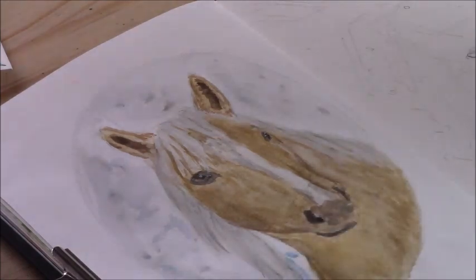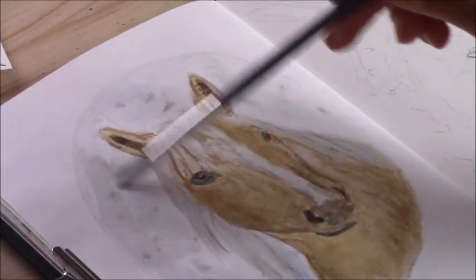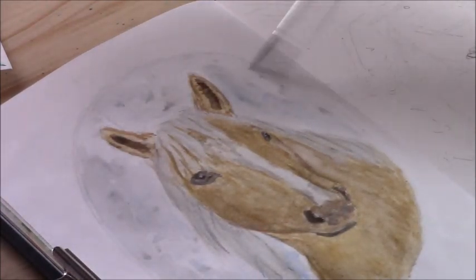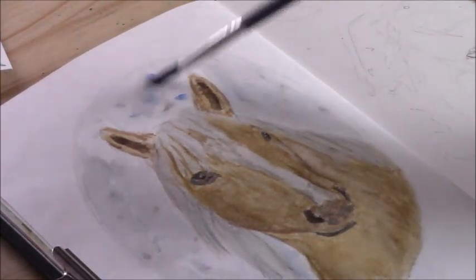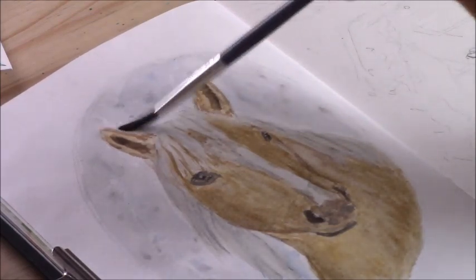You always remember light to dark, and feel free to go as dark as you need to go for the shadows, because that will really impact your realistic paintings and drawings, and it will help it look more realistic. Also, look at the details on your reference photo, like for example, if there's any markings